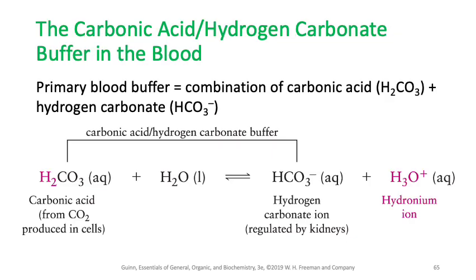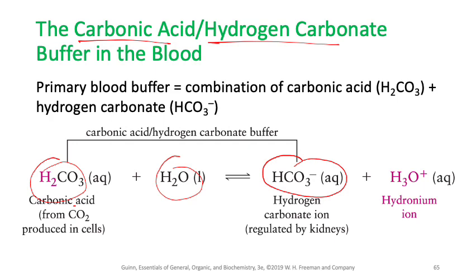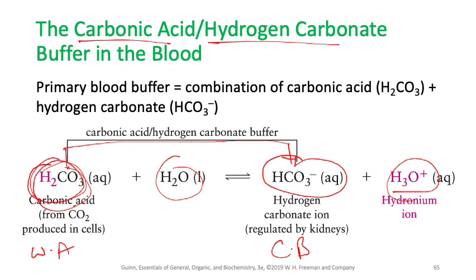Let's take one more example of the buffer that is present in our blood, the carbonic acid and hydrogen carbonate buffer. Carbonic acid, when you dissolve it in water, is a weak acid and is going to convert into a conjugate base, hydrogen carbonate, plus hydronium ion. So this is your weak acid, this is your conjugate base, and this is your buffer system. This is the way the buffer system of carbonic acid and hydrogen carbonate works